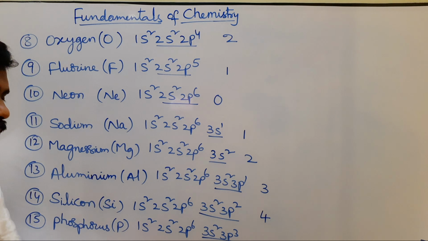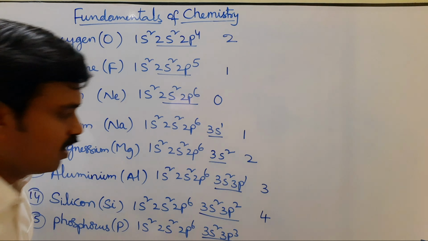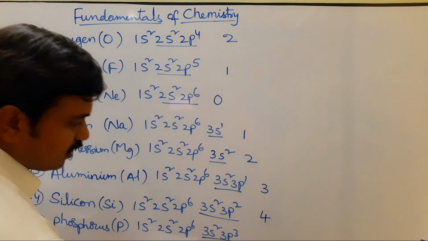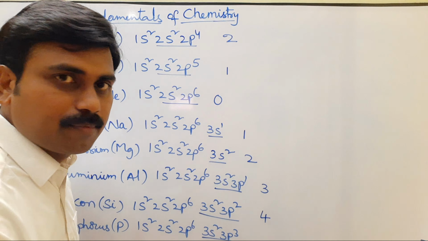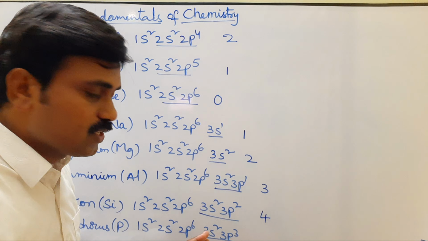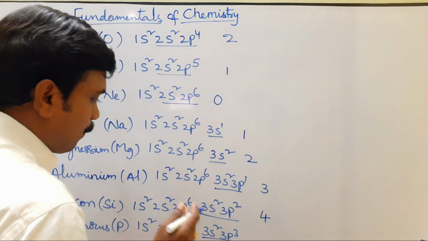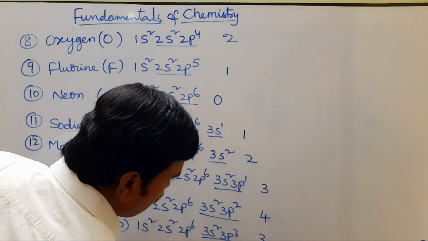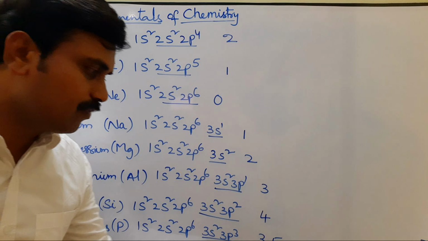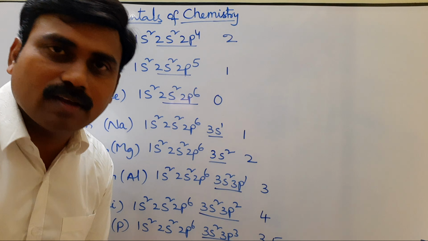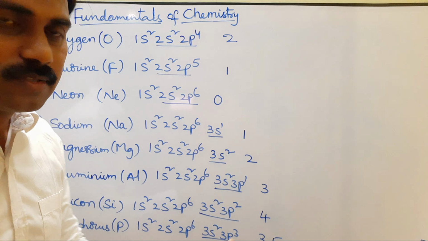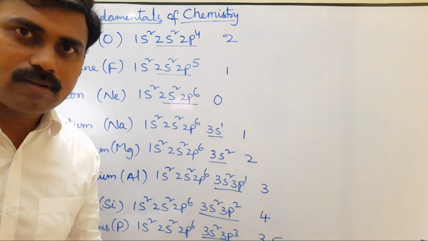In the case of phosphorus, 3s2, 3p3 configuration. It has 5 electrons. After 3s2, 3p3, it also has 3d. The 3d orbital is vacant. That's why electrons can be promoted from the 3s orbital to the 3d orbital. That's why phosphorus can exhibit valency 3, 5. But it already has 5 electrons, so if it gains 3 electrons, it becomes stable. So phosphorus is a variable valency element.